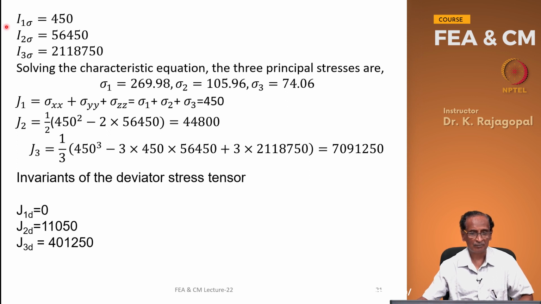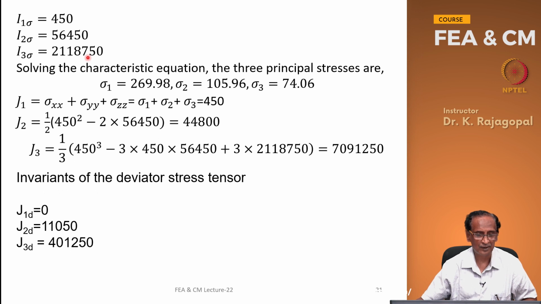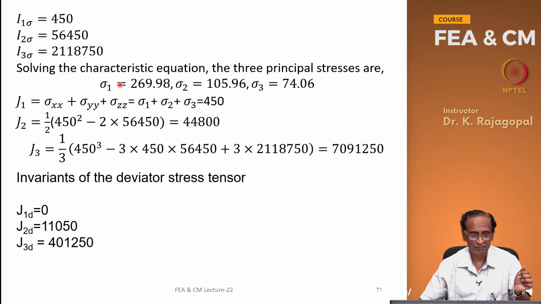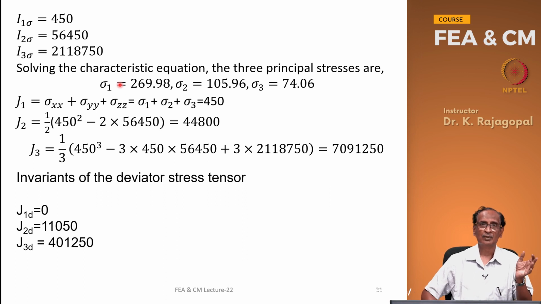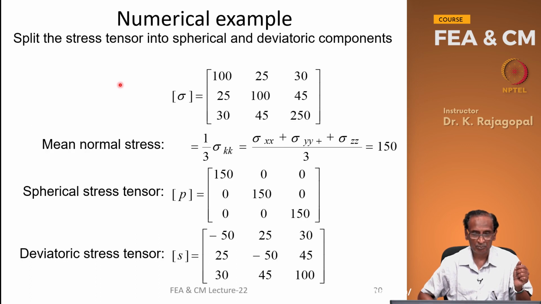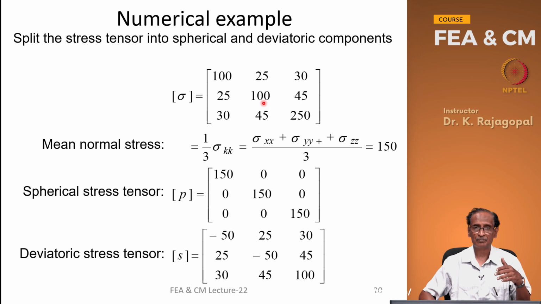So, our I1 sigma is 450, that is the sum total of the 3 normal stresses. I2 sigma is 56,450, and then I3 sigma is 2,118,750, and we can solve our cubic equation to get our 3 principal stresses. Most of the calculators have the facility to solve a cubic equation, and you can easily set up this matrix and then find the roots and then the determinant and all the quantities that you require for doing these